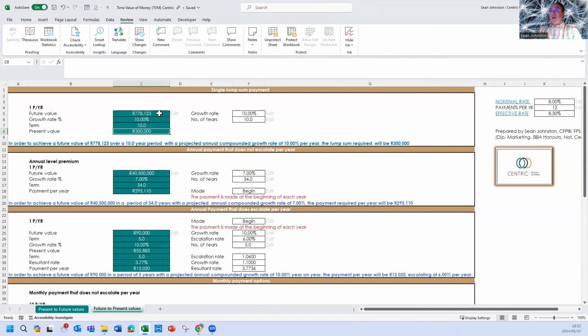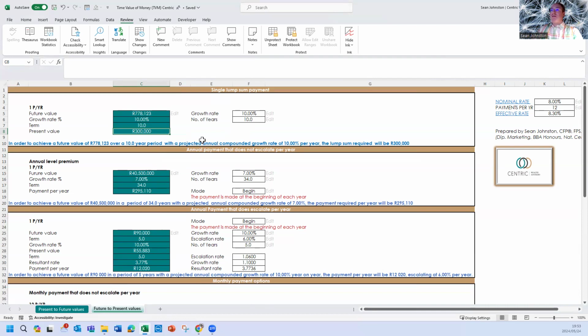778,000 Rand to maybe pay off debt, to maybe put towards a purchasing of a home, whether it be putting towards studies, whether it be putting towards your retirement, whatever the case is, or for your child's education at university. This is where knowing a future value would be quite useful, to know what you need to put away today, because you can calculate what the estimated future tuition fees are going to be, and then you can determine what you would need to put away today and leave that for 10 years and look at getting a compound return